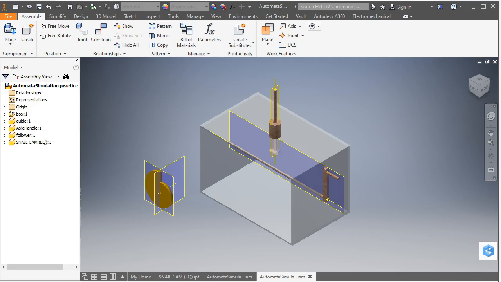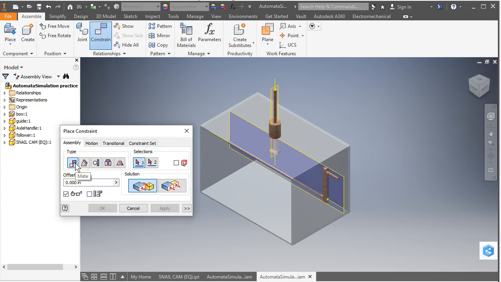So I'm going to hold it right here. At this point you should already have your cam defined. You should have added in the additional work planes as directed in step 4 and the axis through the center. This is the snail cam, so it's a little different than the other ones, but this is what you need. Okay, so place that part,